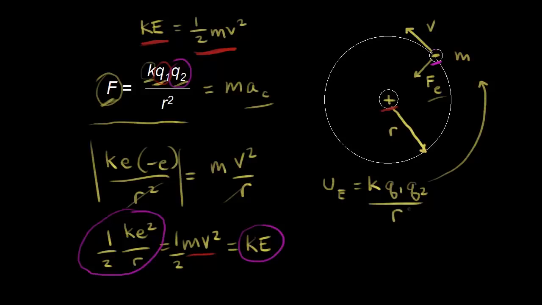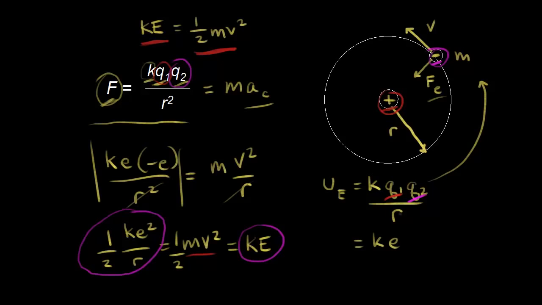So this again is just physics. So let's plug in what we know. This would be equal to K times Q1, again the charge on the proton, so that's positive e. And Q2 is the charge on the electron, so that's